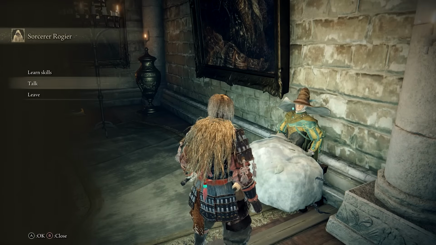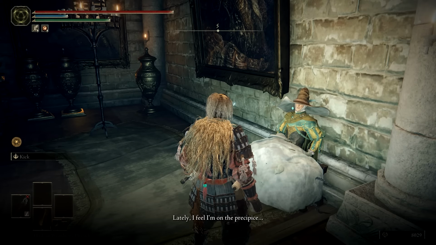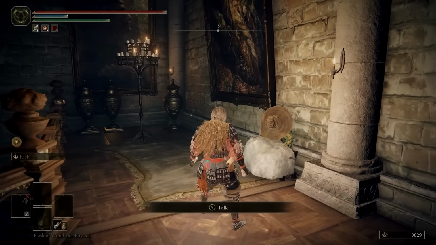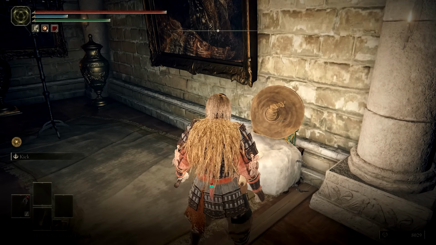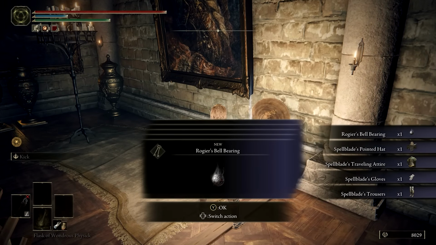Back at Roundtable Hold, you can speak with Rogier for some final dialogue in which he apologizes. Reload the game and you'll find Rogier in an unresponsive state. To finish his questline, you'll need to try speaking with him and then reload the game a total of 3 times. After the 3rd time, reload the game and Rogier will have dropped his bell bearing along with his Spell